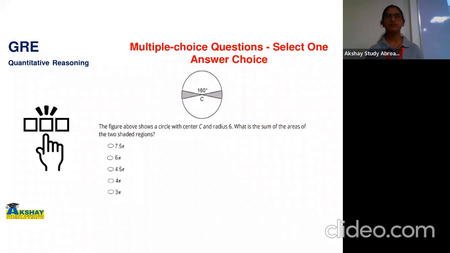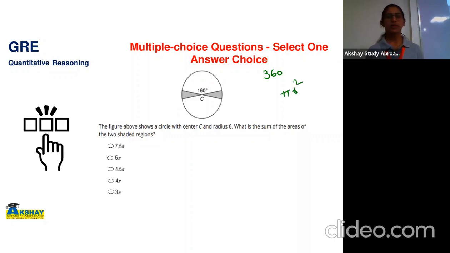Should I explain? Okay, now you can see one circle is given. Do you know what is the total angle formed by circles? Good, 360. So only this knowledge is sufficient to solve this question. And one more thing is required, that is area of circle. What is area of circle? It is pi r square. It's not 2 pi r. So area of circle is pi r square.